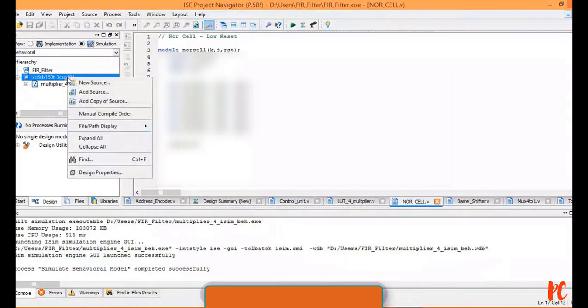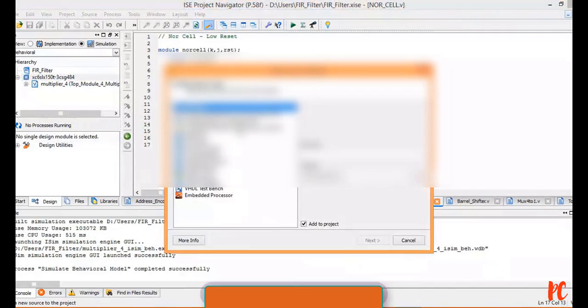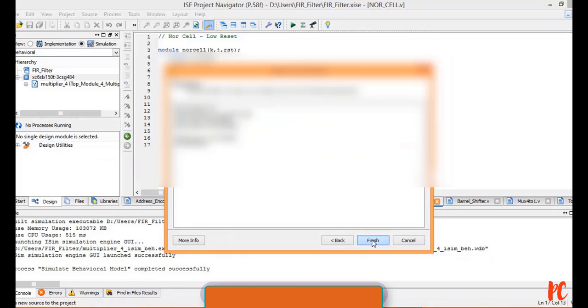Allow me to write a new source, Verilog module. First I need to write down the lookup table for the multiplier of 8, right? So LUT underscore with respect to 8 multiplier. Next, finish.